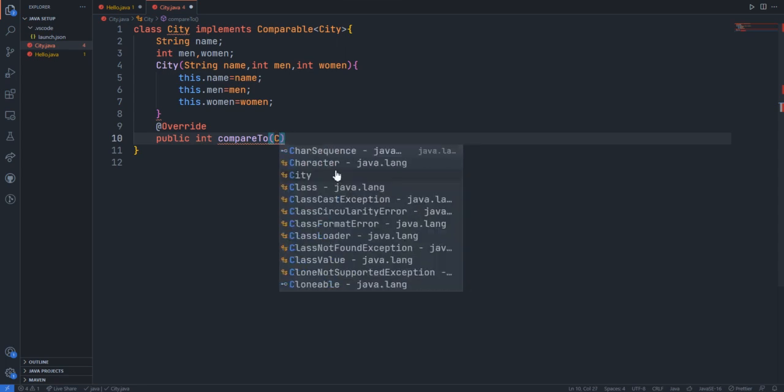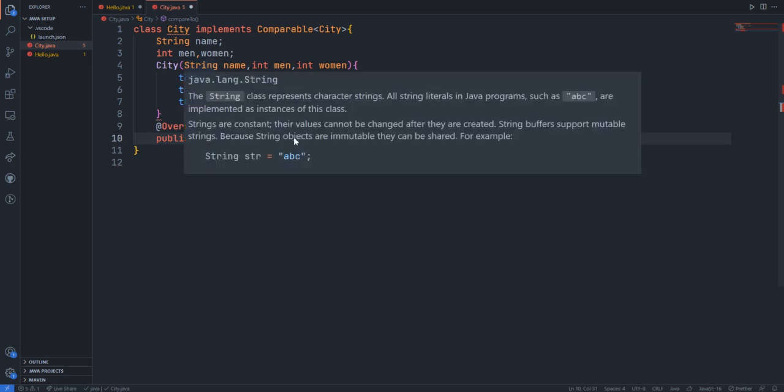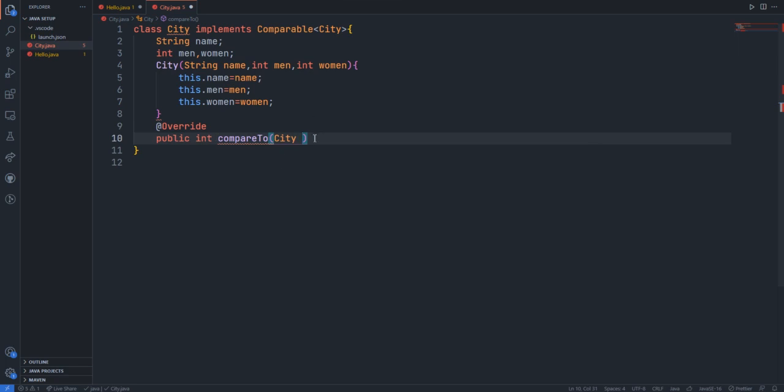This will contain some other object, the object which was created or passed here. We will refer to this object using the this keyword. For the naming convention, I'm using that as the variable for the passed object. So we can compare this with that.